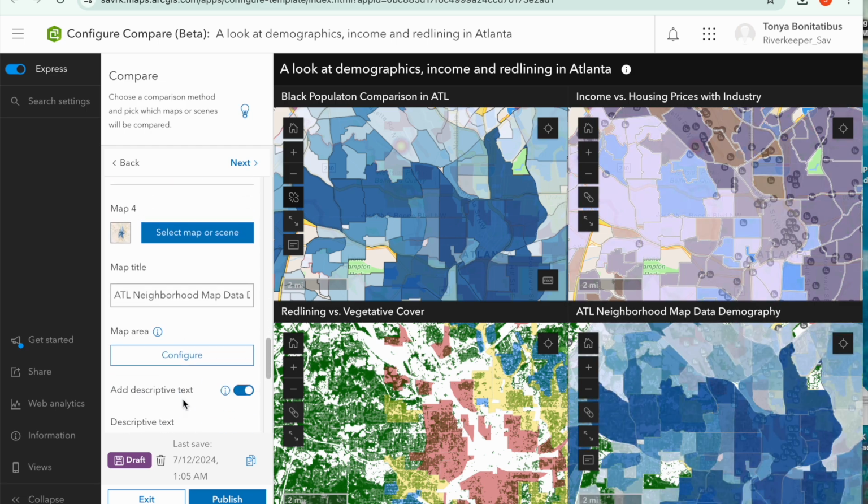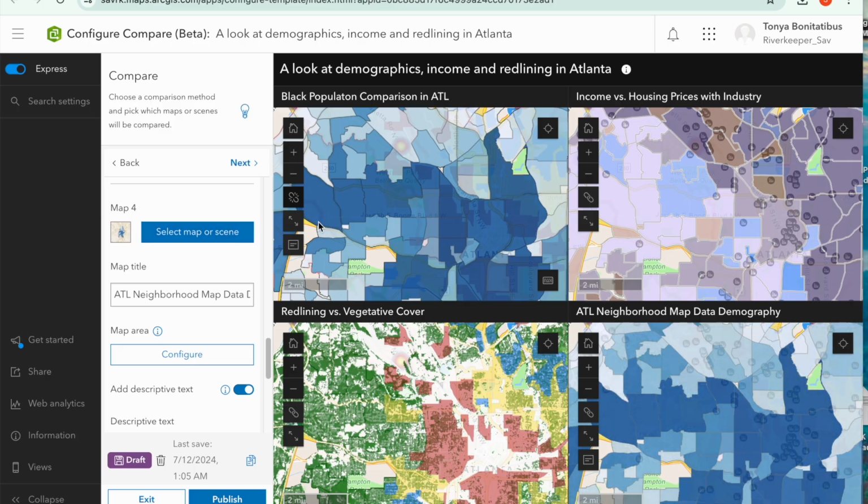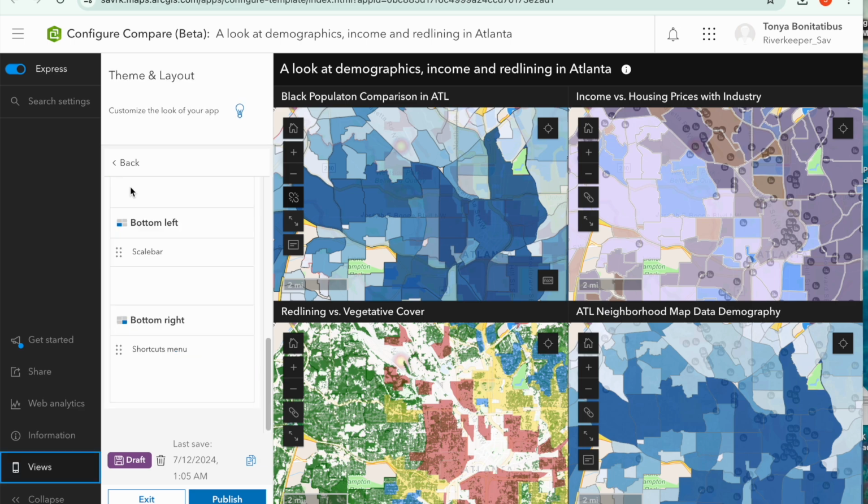All right, so now we have all of our titles. We have our information. We have a series of different maps that we can now share. I am going to go ahead and publish this. I would like to see what it's going to look like before we do that. So why don't we go in and make sure that we do that before we start. I'm about ready to publish this, but I do want to see what it's going to look like in different